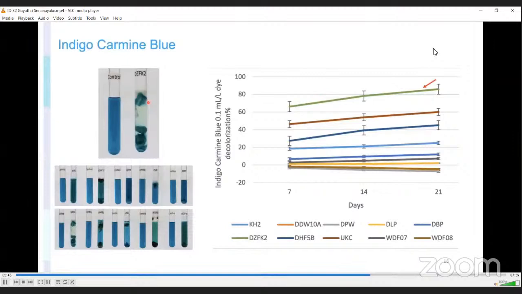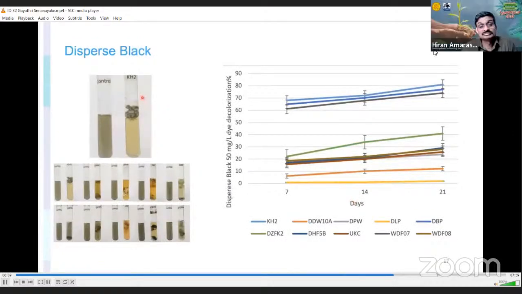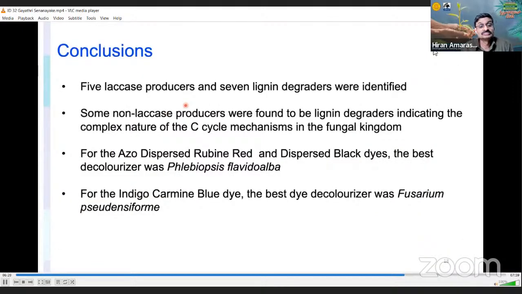In here, we observe that the mycelial mats of DZFK2 have adsorbed the dye particles, and the isolates DPW and DLP showed an increase in the absorbance values, as well as the media becoming viscous. In the dispersed black dye, again KH2 gave the highest dye decolorization percentage, which is Phlebiopsis flavidolba, and the percentage value was 81%. So, according to those results, we can conclude that there were 5 laccase producers and 7